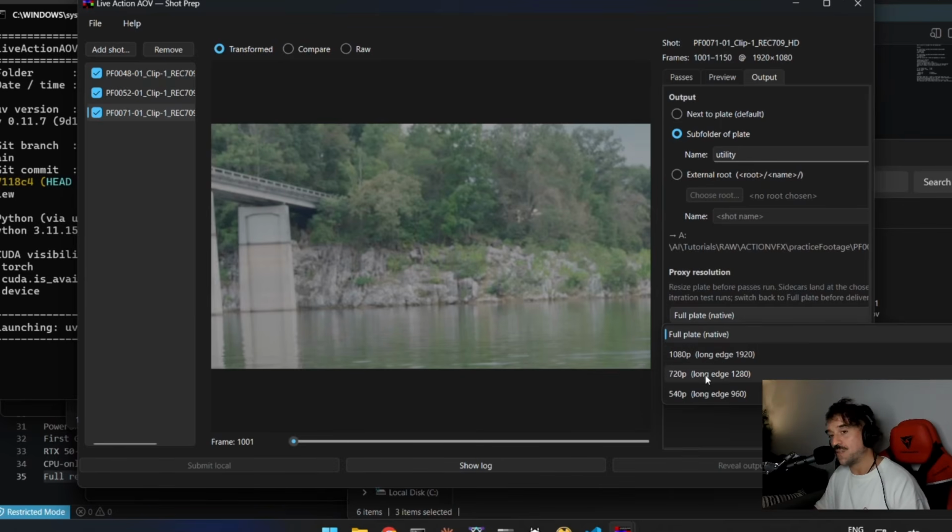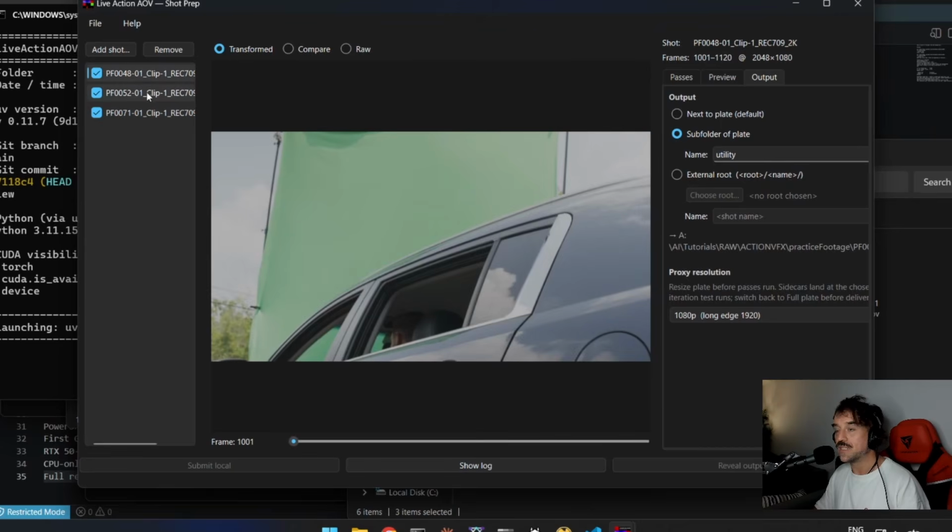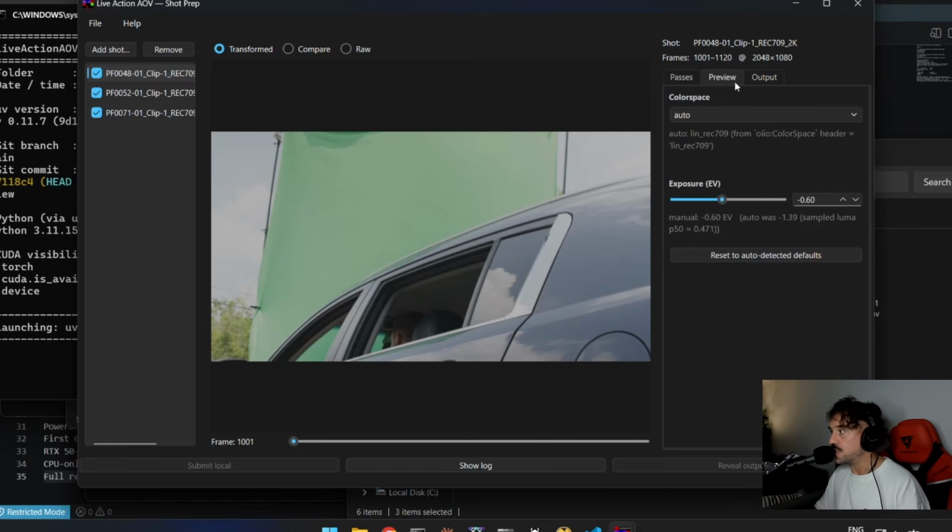I tested this one also, it's pretty fast. I didn't test this one, but the lower we go, the less information we give to the model. This proxy comes before the model, so we are reformatting before going straight into the model. So I would go for this one, or actually, for now it's fine. All right, so this is applying to every shot that you have in the list here, which is, I think,